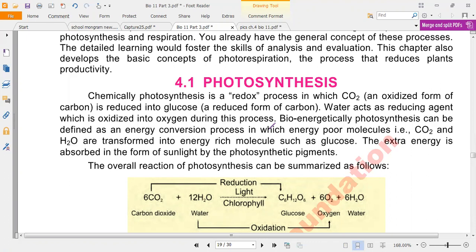Photosynthesis means: photo means light and synthesis means preparation or formation. So with the help of light, plants produce their food and later utilize it in energy production. If we look at photosynthesis, it is a redox process in which carbon dioxide, which is an oxidized form of carbon, is reduced